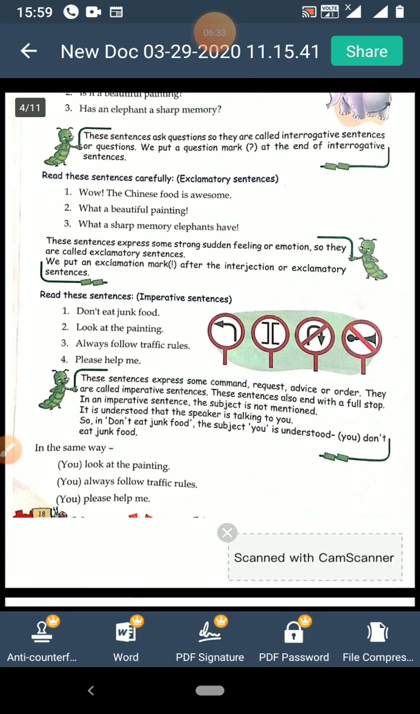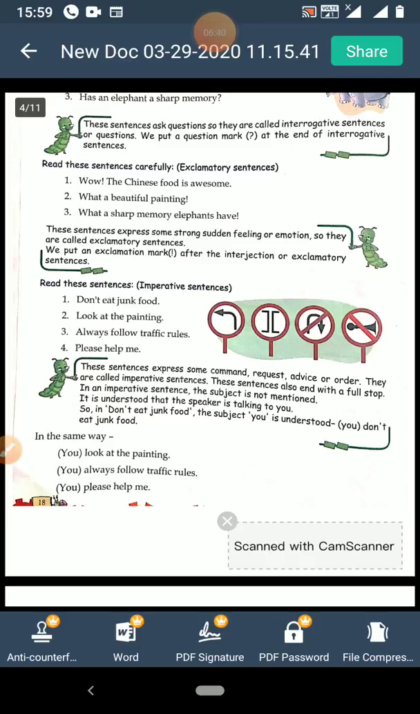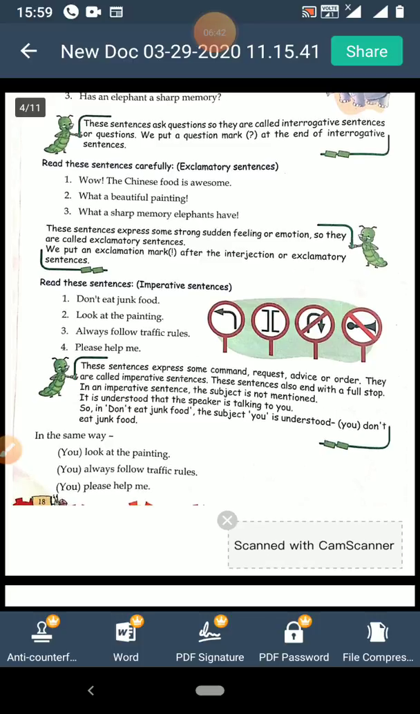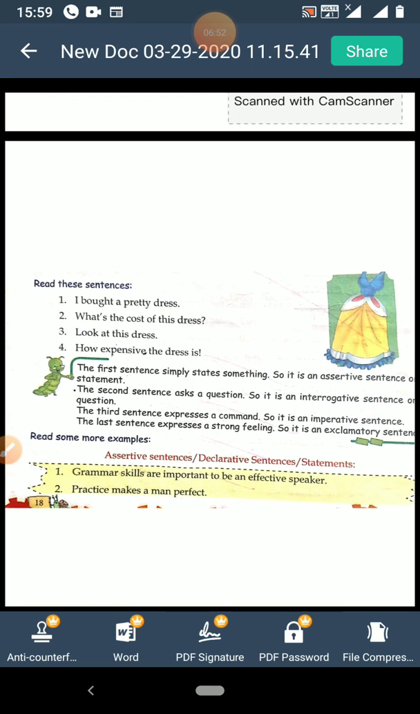Let's read the examples. Number one, don't eat junk food. Second, look at the painting. Third, always follow traffic rules. Fourth, please help me. So, there are four types of sentences. Now,